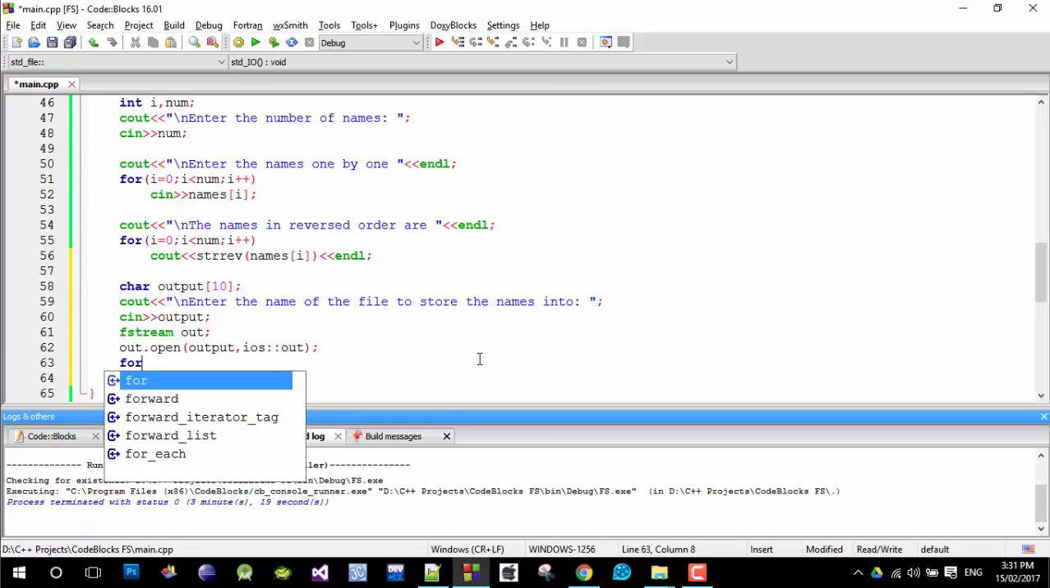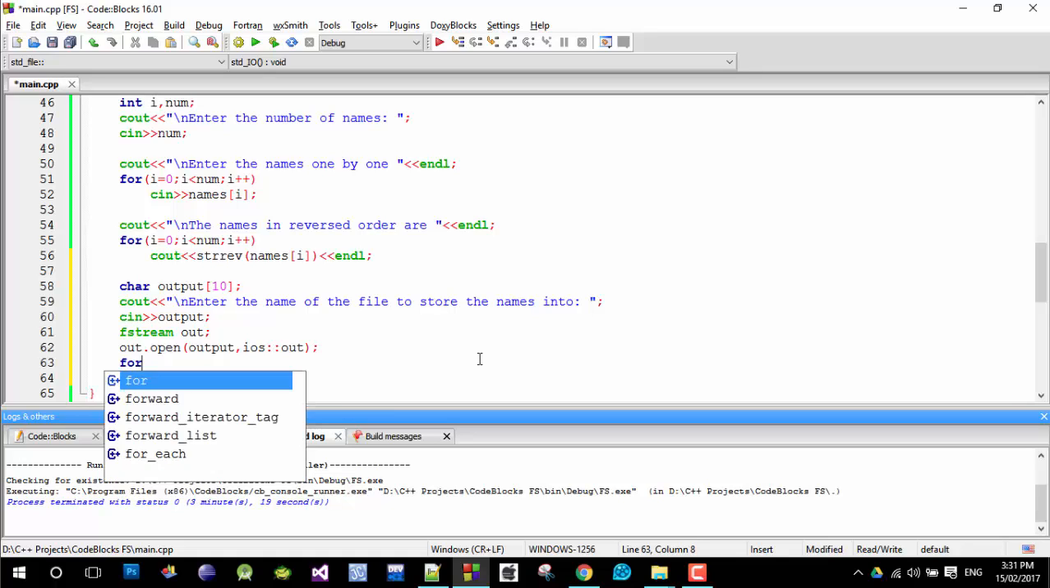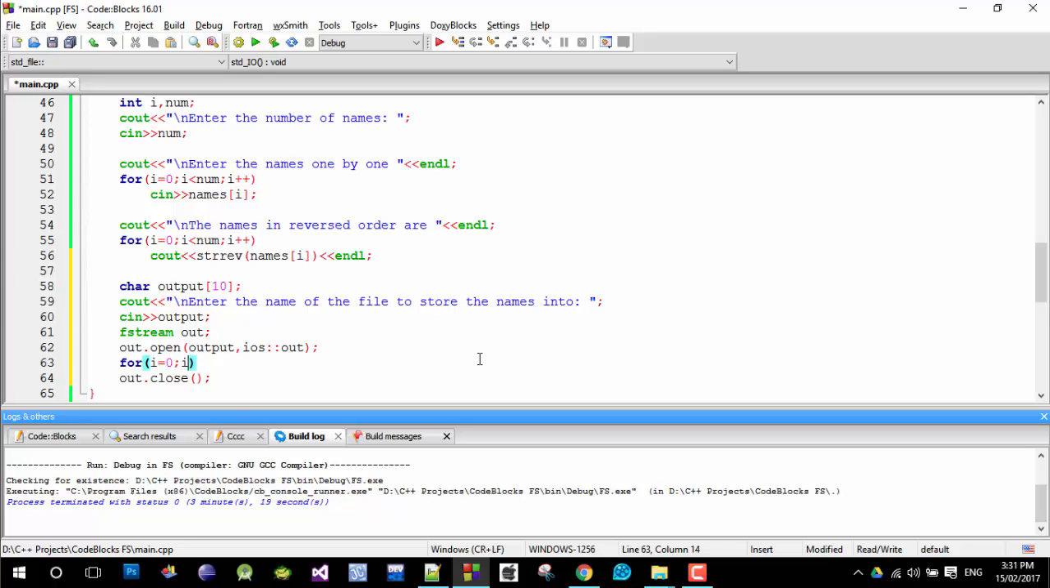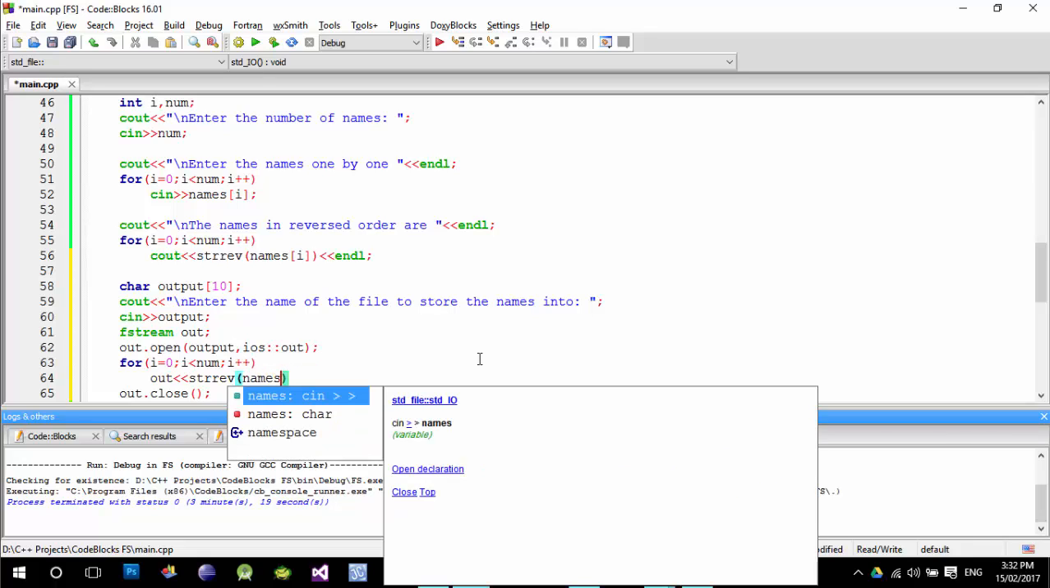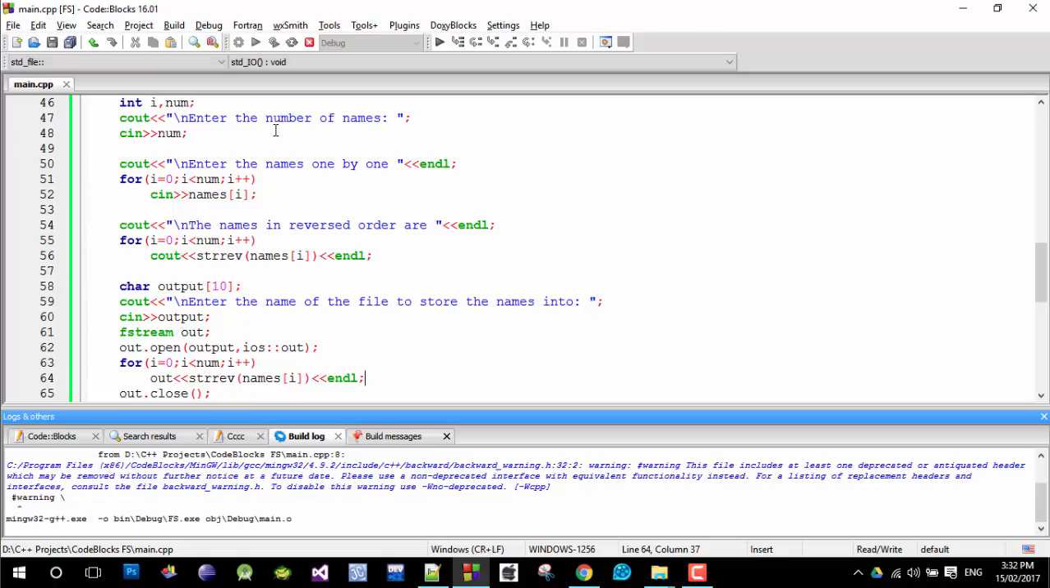So let's say I'm going to make a for loop. This for loop will be integer i is equal to 0, i is less than number, and i plus plus. And in each iteration, I'm going to write to the file. So we are going to use this object out, string reverse for the name in the i index, then end line. If I compile this one, now if I hit the run,